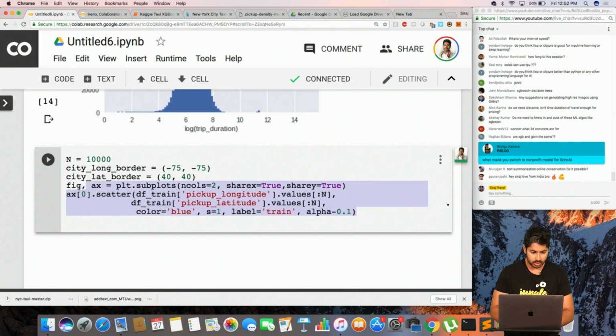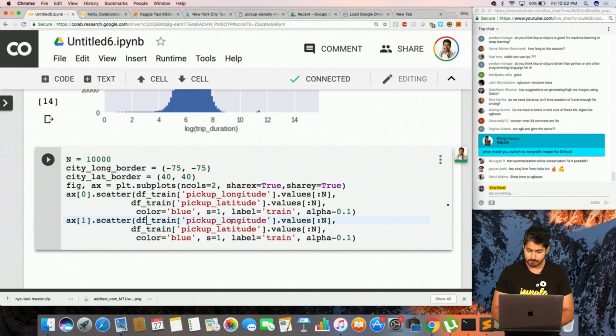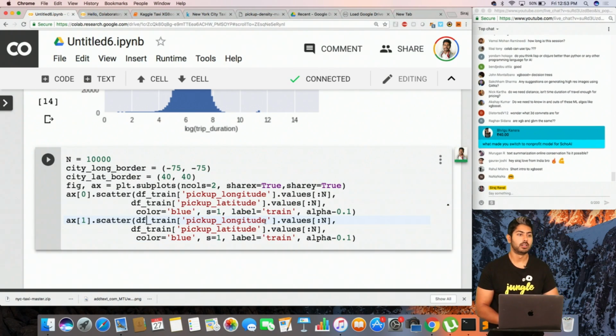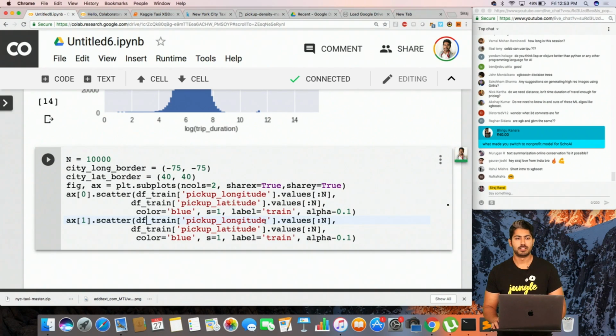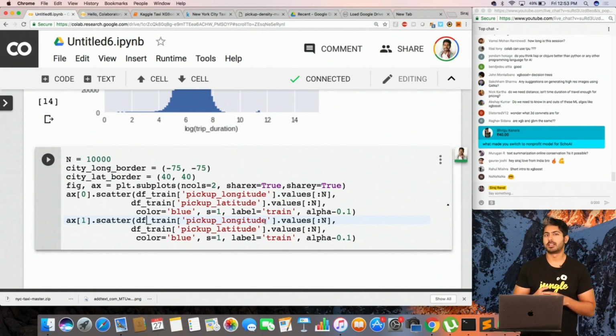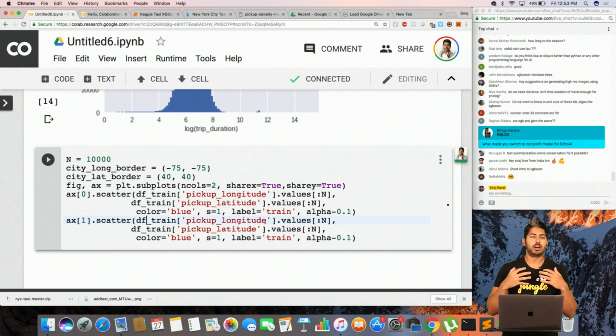Oh, we got a question here. What made you switch to a nonprofit model for School of AI? Great question. I did not start this to be charging people for access to AI. That just goes against why I even started this. There's this idea in Silicon Valley. You can think about Silicon Valley as a state of mind where scaling for the sake of scaling is good.